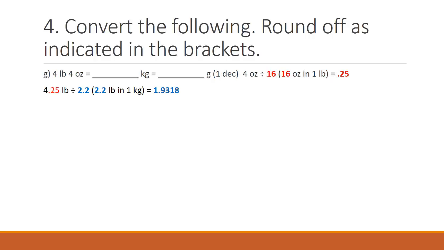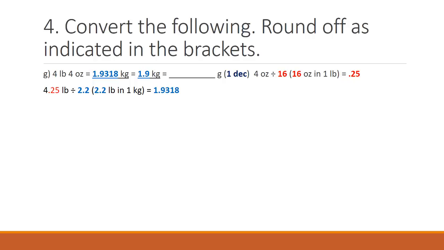Now, we know that there are 16 ounces in a pound, so we'll take our 4 ounces and divide it by 16, and that gives us 0.25. So 4 pounds, 4 ounces is equal to 4.25 pounds. Now to convert that to kilograms, let's divide it by 2.2 because the relationship between pounds and kilograms is 2.2 pounds per kilogram. So 4.25 pounds divided by 2.2 gives us 1.9318 kilograms. We need to round that off to one decimal place, so we end up with 1.9